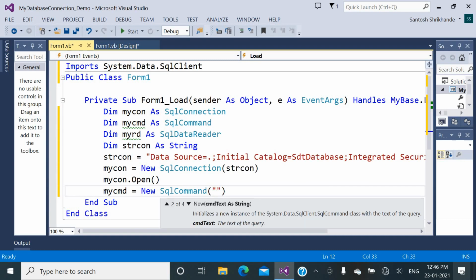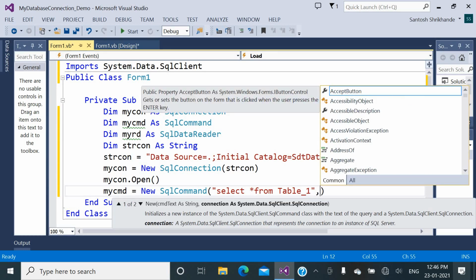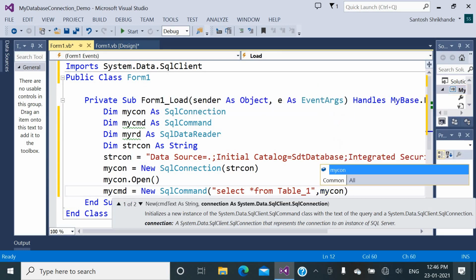The SQL command for retrieving all the records from the table is select star from, and our table name from the database SDT database is capital TABLE underscore 1. And here we need to provide the object of the connection class, that is mycon.